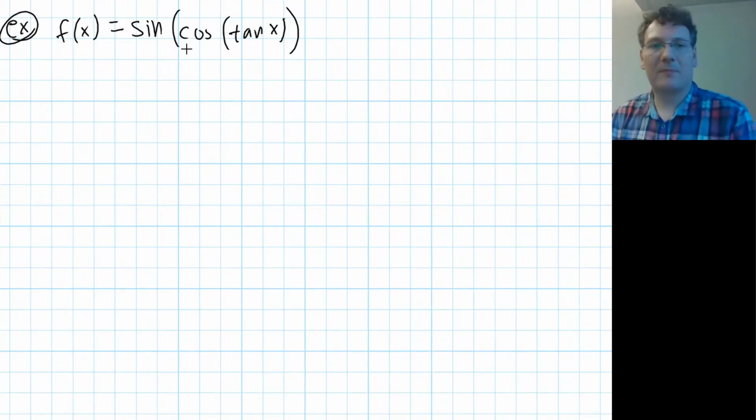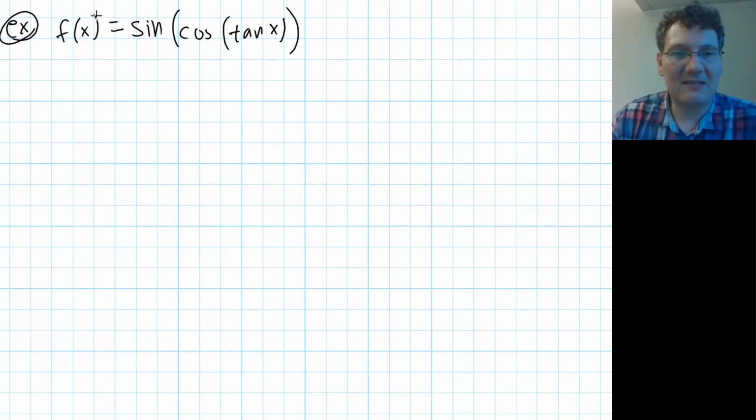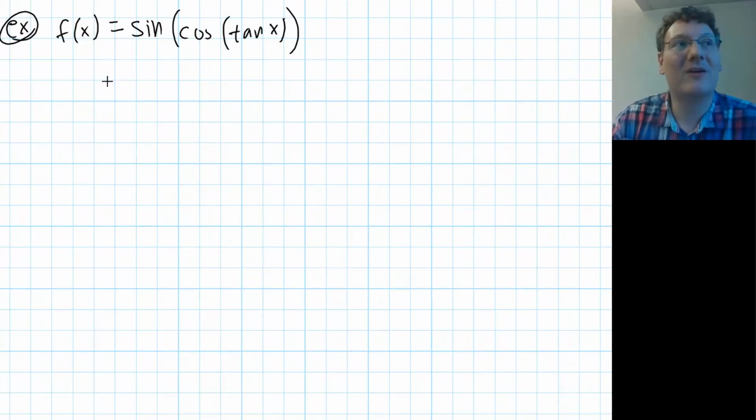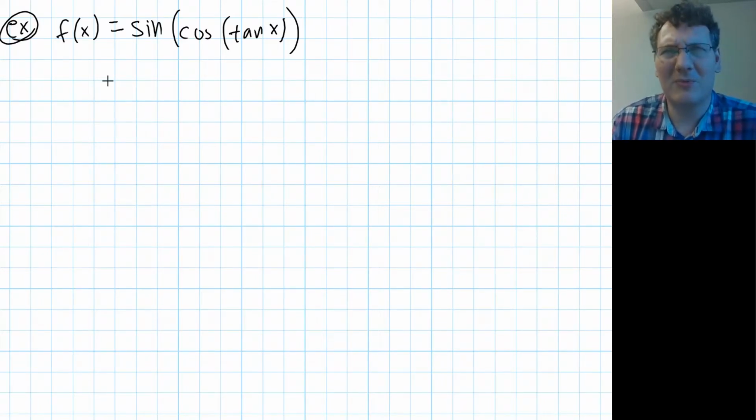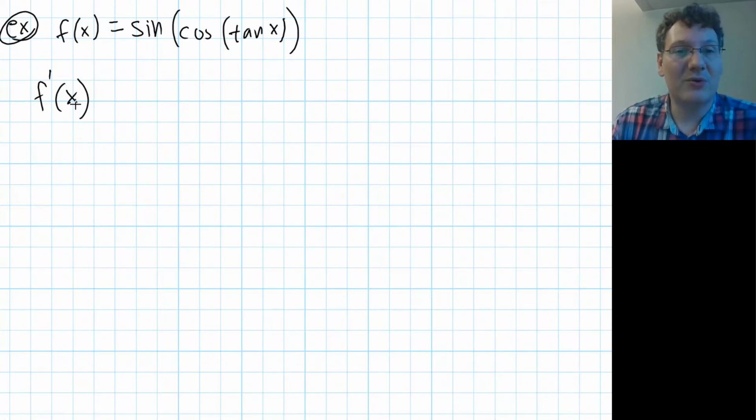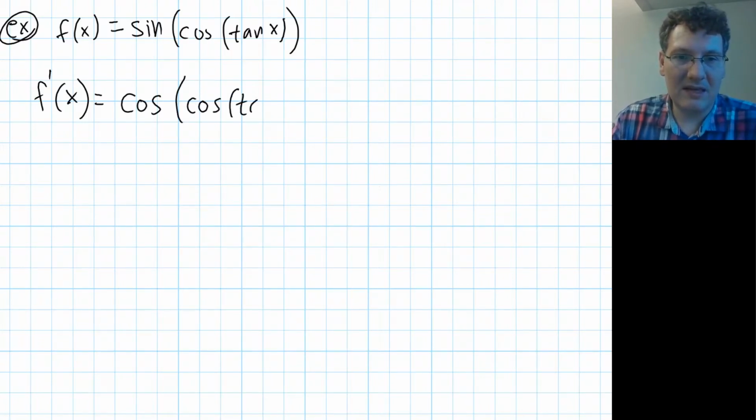Okay, check it out. This function, sine of cosine of tangent of x. So we have 3 layers, so we're going to apply the chain rule. Well, 3 layers, I guess we'd say apply the chain rule twice, because you don't apply it on the innermost layer. Anyway, f prime of x. I'm going to illustrate it with primes in order to show you what it's going to be. First off, it's the cosine, that's the derivative of sine, cosine of cosine of tan x